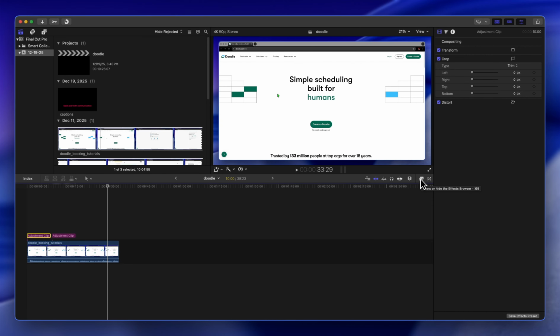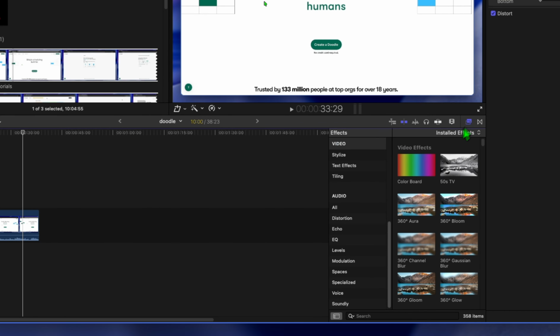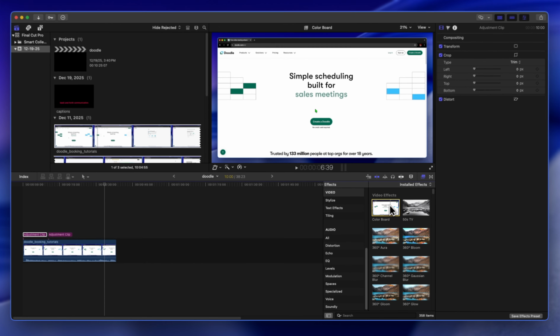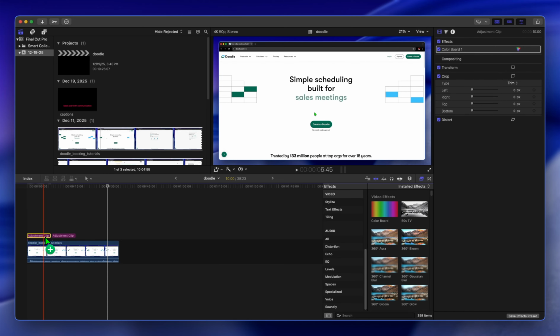panel where the squares overlap each other and it says show or hide the effects browser. You're gonna click here and you're gonna go to video. On the video you're gonna see color board and you're gonna drag color board to the adjustment clip that you want to color grade. Now once you have it on the adjustment clip that you want to color grade, you're